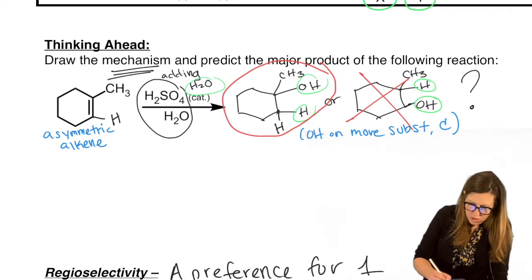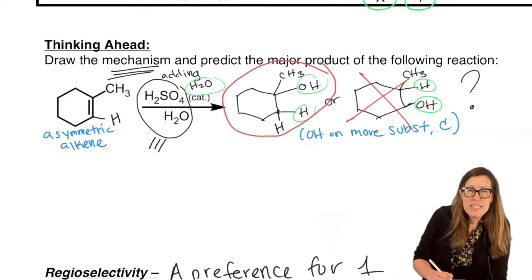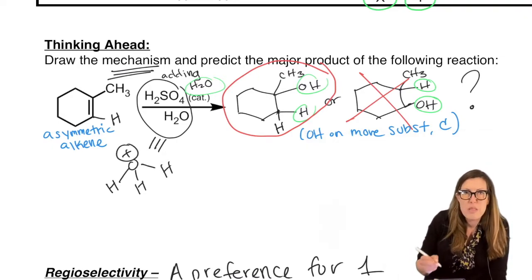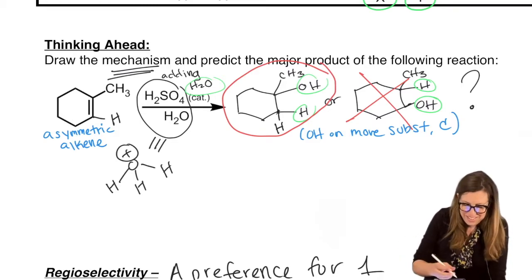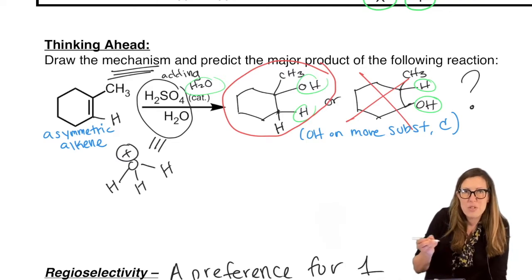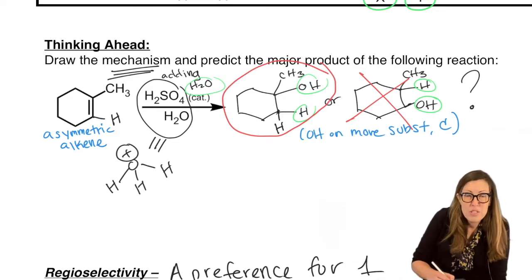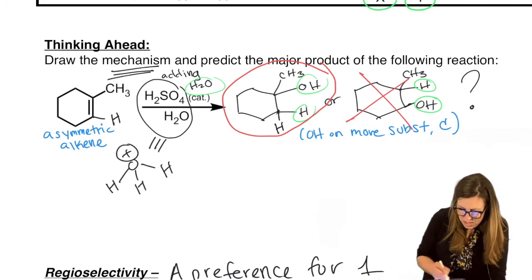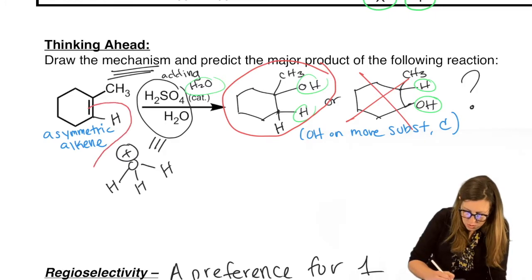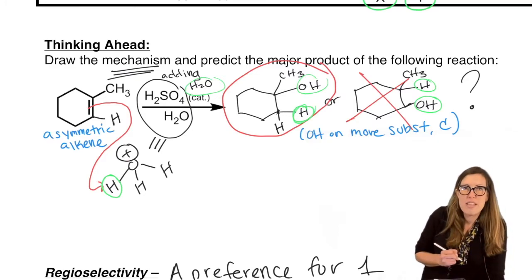Let's draw that out. So in order to start the mechanism, you need to know how to depict what's over the arrow, and remember that acidic water lies in the direction of equilibrium of forming hydronium. So we are going to draw that whole structure, not a condensed formula. We need the bonds to show the curved arrows, right? That's our acid. Who's going to act as our base or nucleophile? The pi bond. We lose the pi bond. See how that happens? It's gone. So we use it to attack and we use those electrons to make a bond to that new H we're going to grab. I'm going to circle this in green because remember we're tracking our H's. So that explains that H right there.